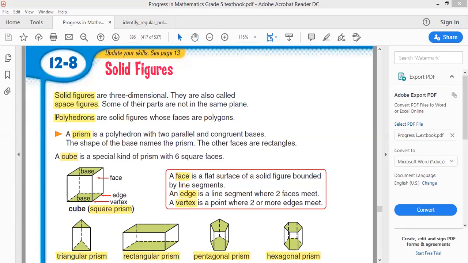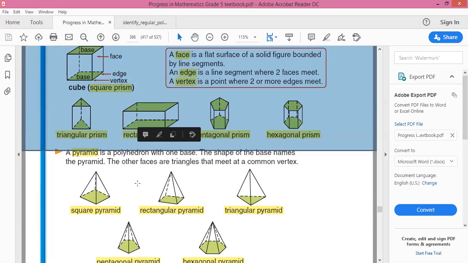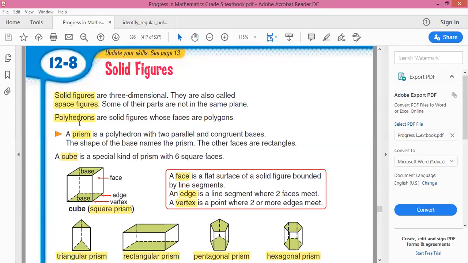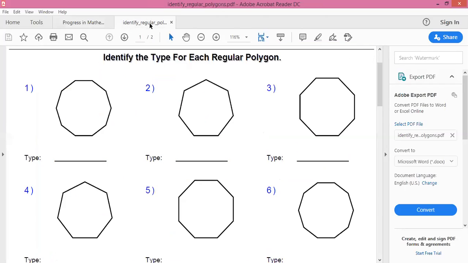First of all, you must know polyhedrons. What are polyhedrons? And then we will study non-polyhedrons. Polyhedrons are solid figures whose faces are polygons. Polygon means, I will show you. Just a minute. Yesterday, if you remember,